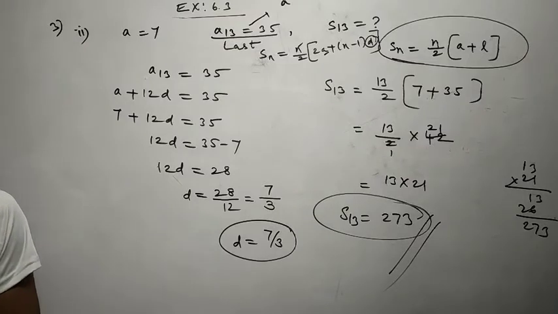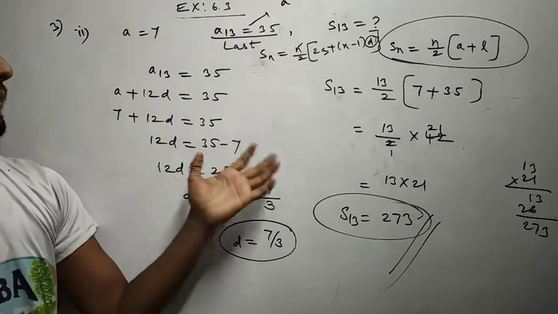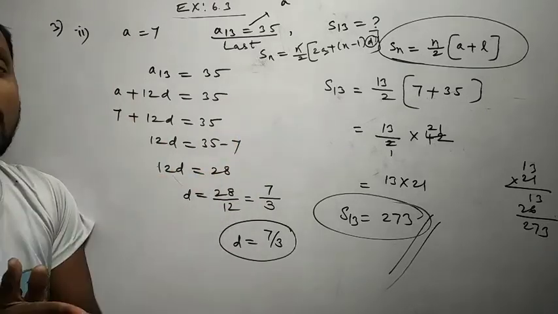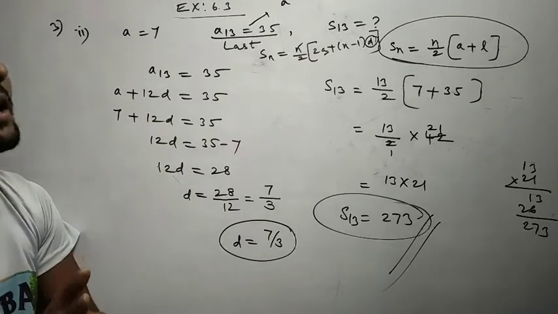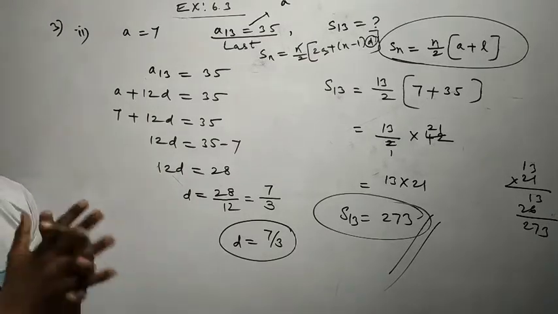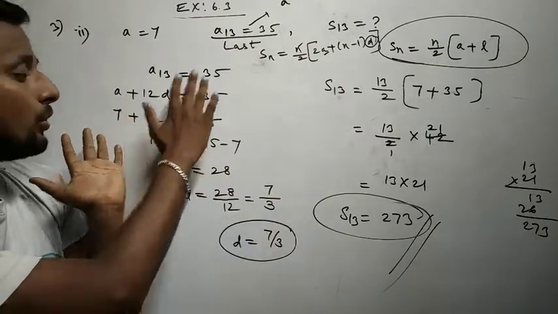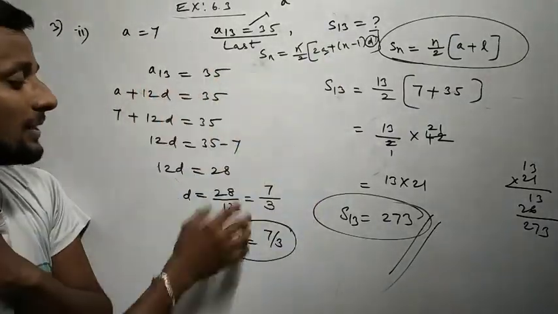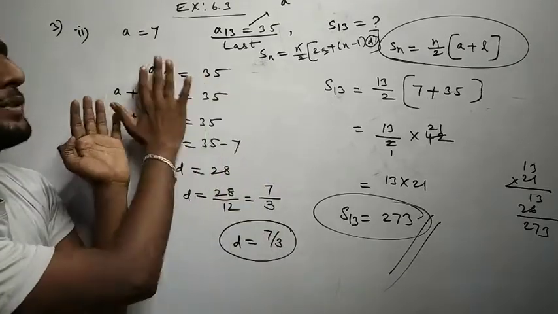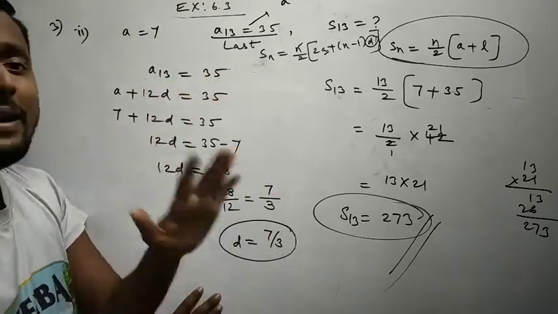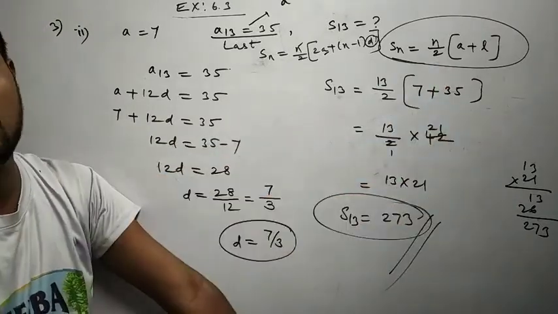Okay, no issue. Here I'll say very clearly to everyone, you should identify what relation is going on in the problem, and based on the relation you have to solve the problem. If the question asks about the d value, you have to do this step also. But there is no mention of the d value, it directly asks about the sum of 13 numbers, so you can solve it the other way also.